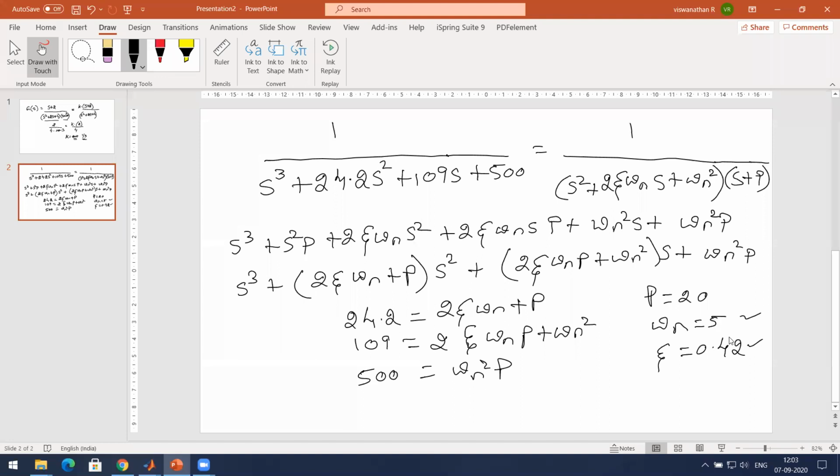You can do it. Once you have omega n and zeta, you can find the rise time, percentage overshoot, the settling time, peak time, and all those things. Okay, with the formulas, you know the formulas, so you can calculate that. Now, how do I write this thing in the form of a second order system now? Can somebody tell me? You know omega n and zeta.